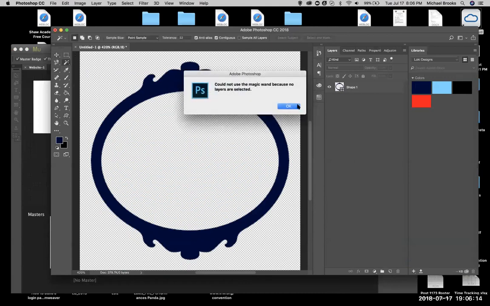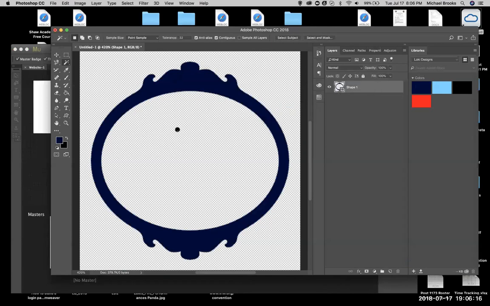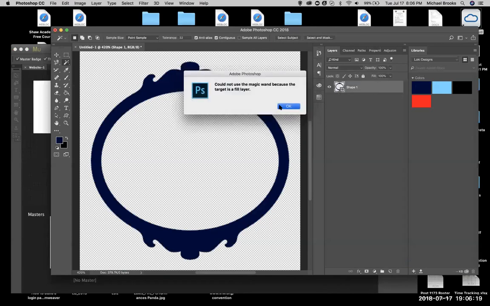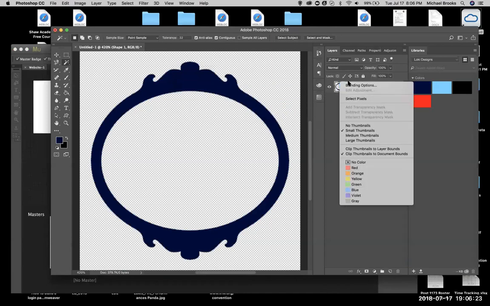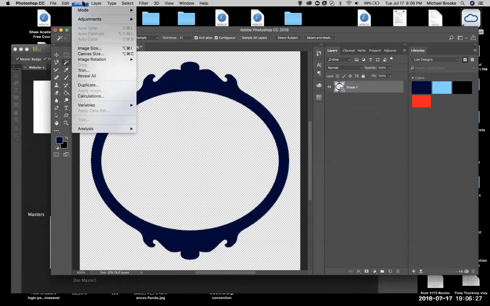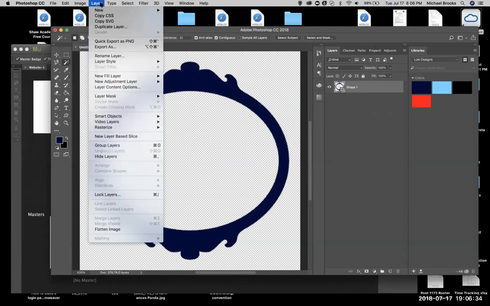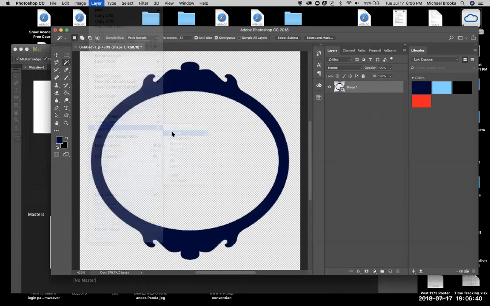Notice I can't because, well, I didn't select my layer, but it's not a fill layer. So what I have to do is you can't come here and do it. I could do it through blending, or I could also go to image, and yeah, layer, and rasterize shape. Okay, now I can take that center, add a new layer,